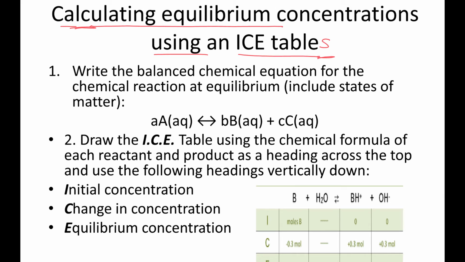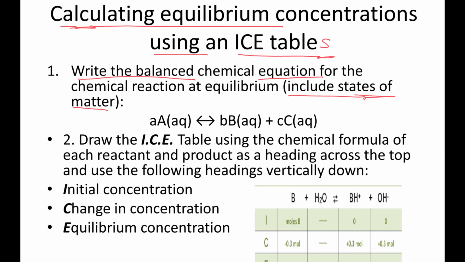As we are going through these, we are going to fill in our blank 7 lines as we're going. Okay, so step 1 is to write a balanced equation. Write a balanced equation including states of matter. So we're going to write a chemical equation. Either it's in words and we're converting it to a chemical equation, or maybe they already gave us a chemical equation. And then, once you are done writing that step that I underlined,